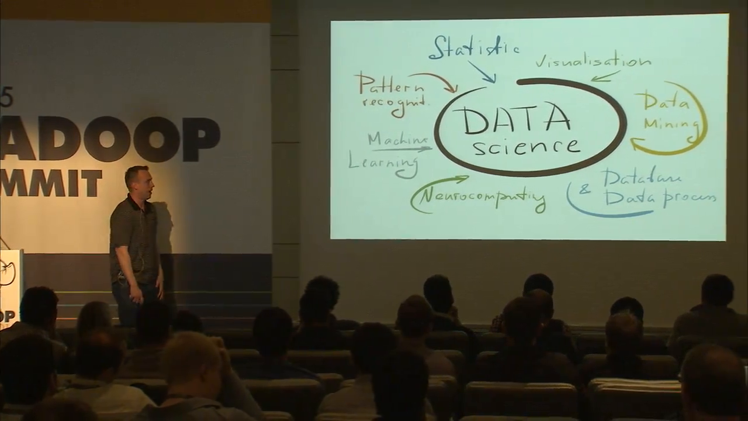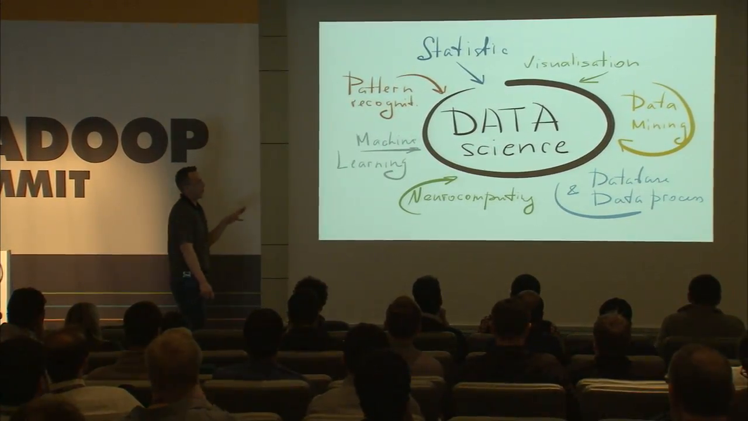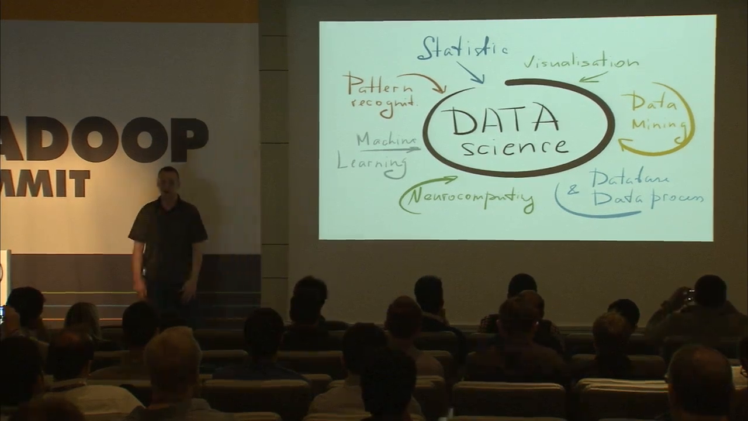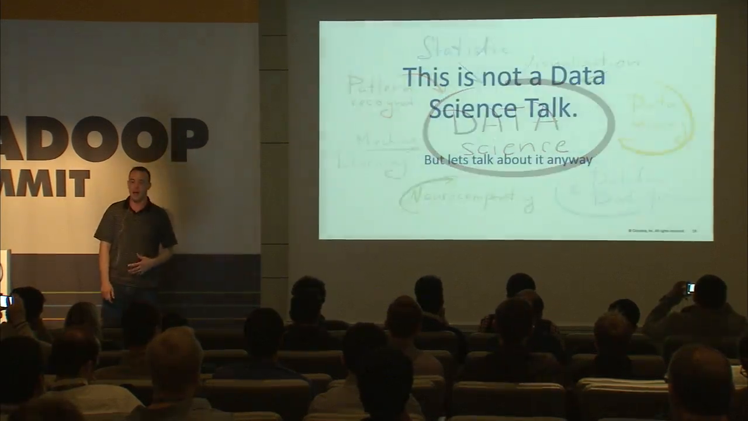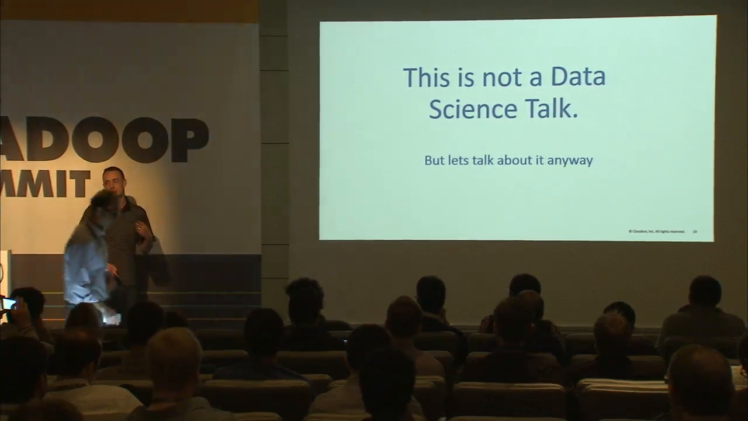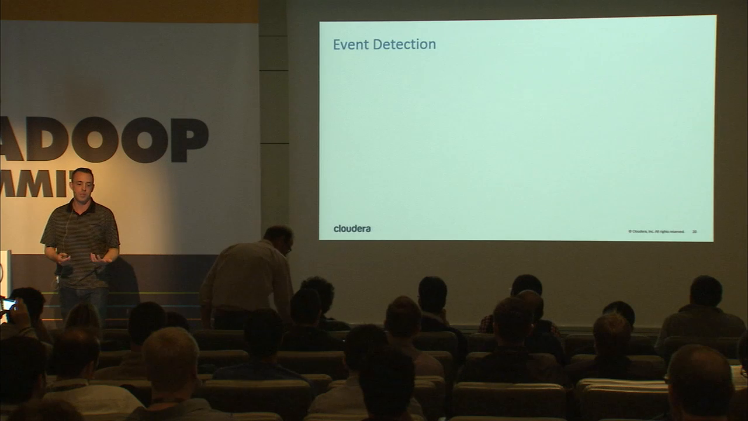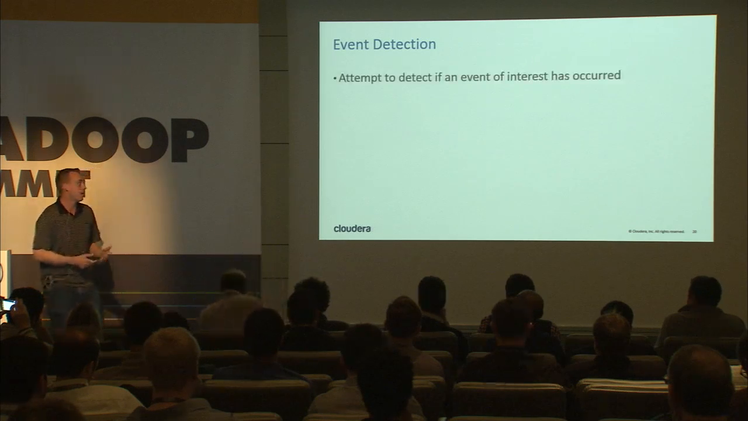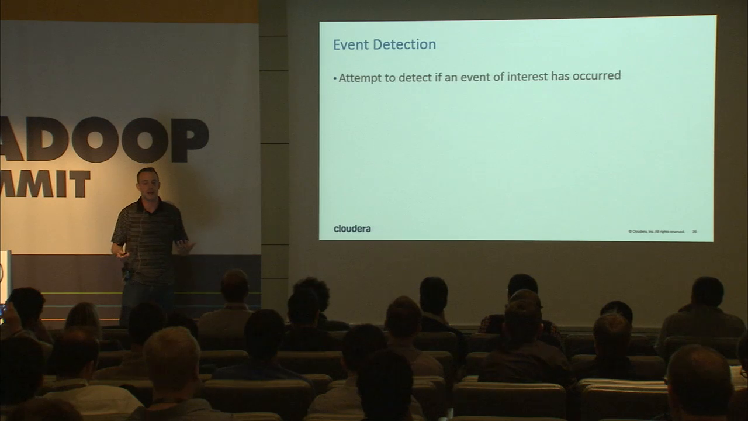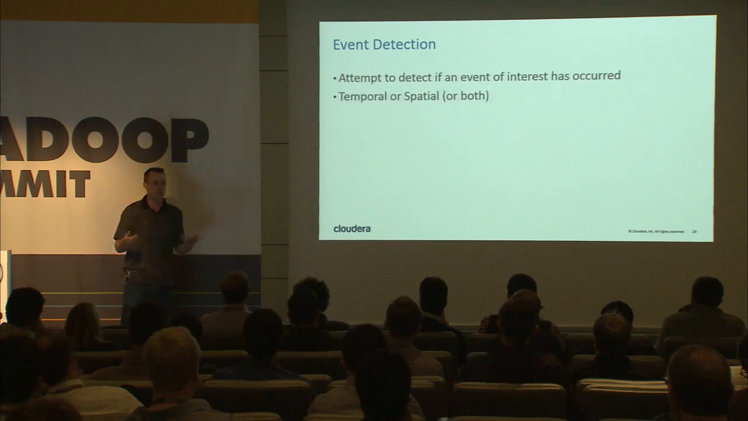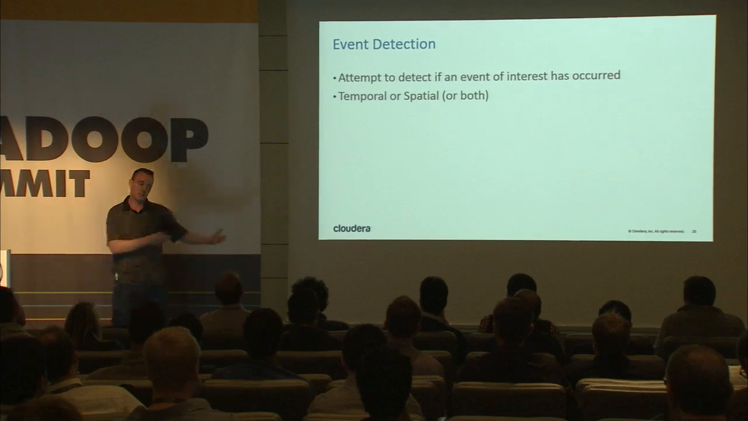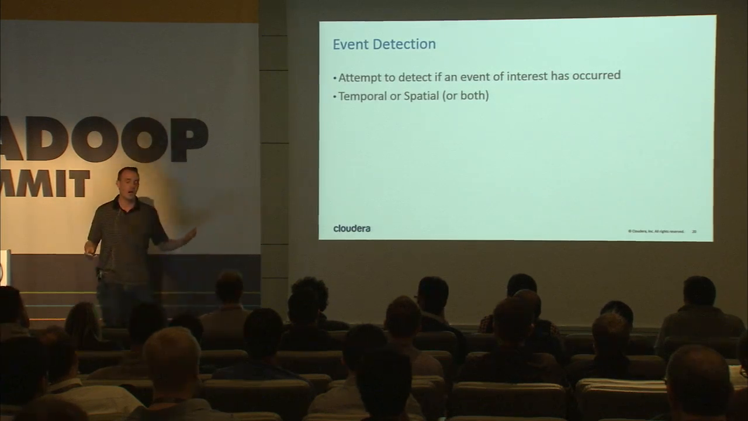So event detection, it's part of the talk, so let's get into it a little bit. When I hear event detection, you think of machine learning and statistics, all this sort of stuff. This is not really a data science talk, and I won't get into all of the details of it, but it's important just to understand it a little bit. Quite simply, we're trying to detect if some sort of event of interest has occurred, and usually it's typically temporal or spatial or both. So as I mentioned before, it's either some kind of a distance type thing or some sort of time-based event